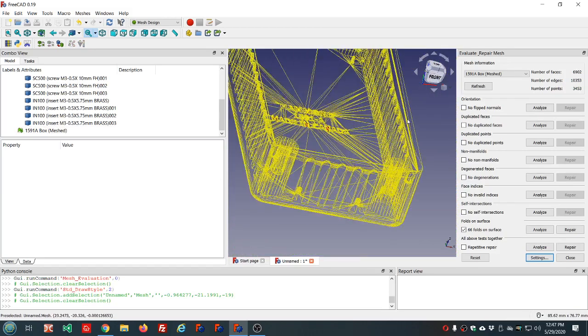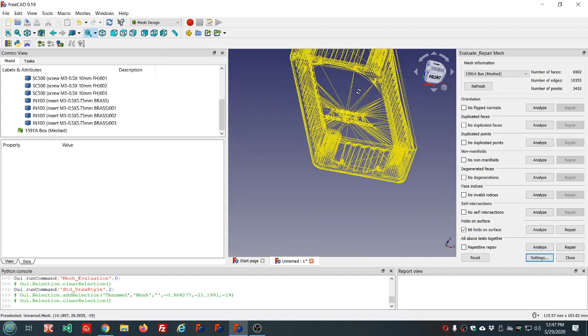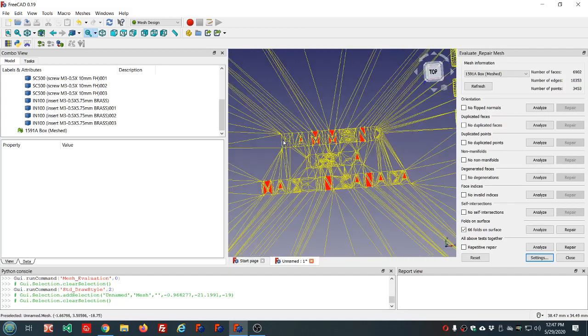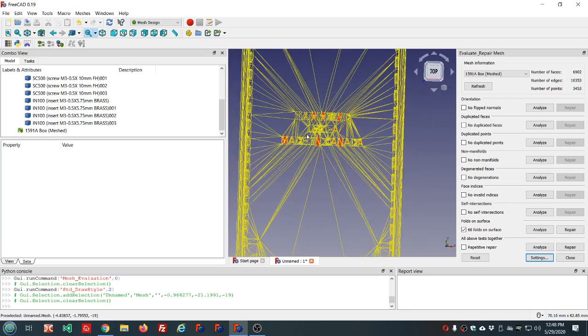So it looks like we can ignore the errors along these edges, but we do need to correct these errors here, possibly. You might still be able to get a good print,